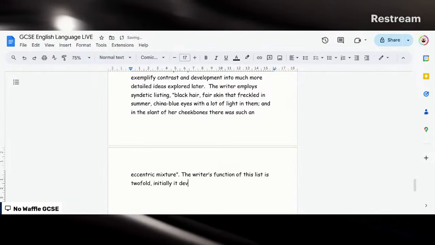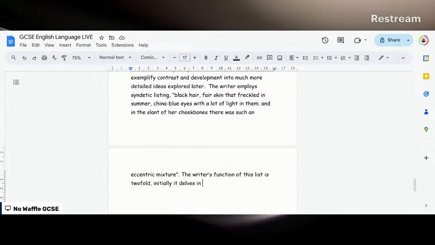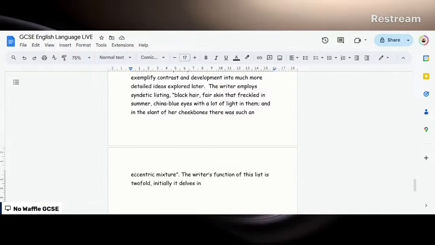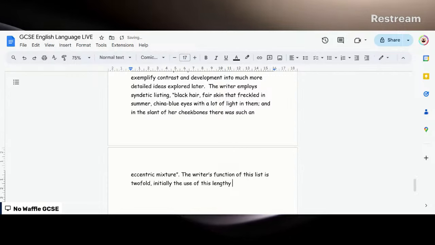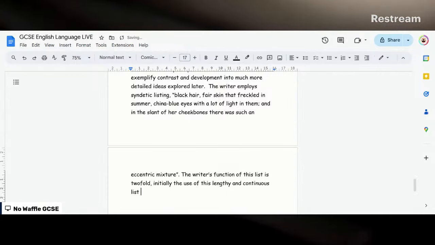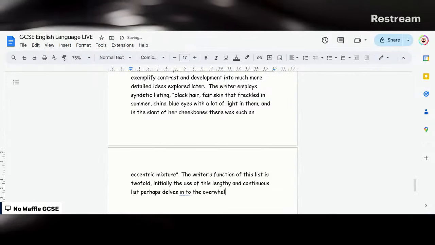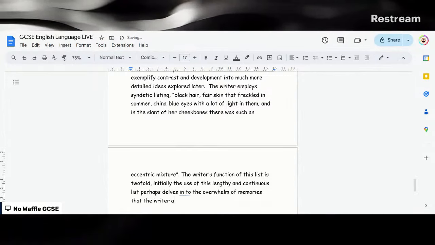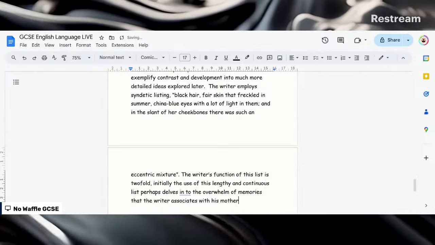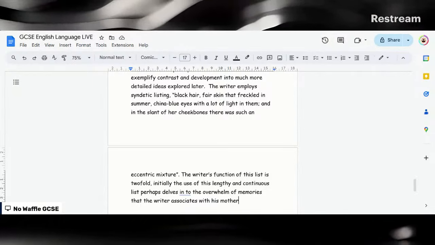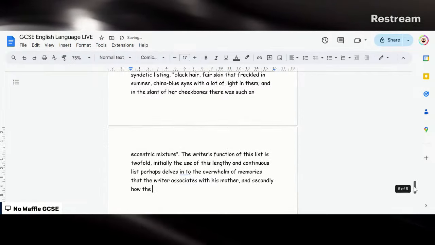Initially, we could say the use of this lengthy and continuous list perhaps delves into the overwhelm of memories that the writer associates with his mother. And secondly,